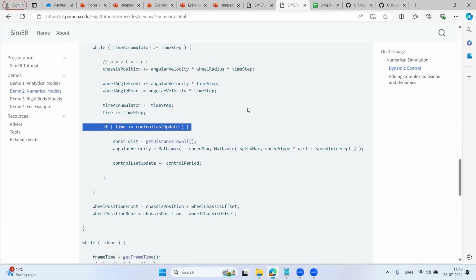Whatever the largest value is that you can get away with while your simulation is still accurate enough for whatever problem you're trying to abstract away from. For a wheeled mobile robot using something like Open Dynamics Engine, you probably want to use at the highest 50 milliseconds, but probably 1 millisecond or half a millisecond works pretty well. Unless you have really stiff springs involved. And in an example I'll show you here, I'll actually add a suspension to the wheeled mobile robot. Then you need to reduce your time step. It's a bit of an art form.